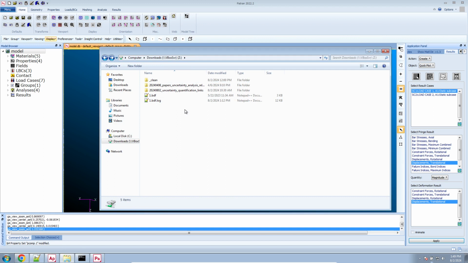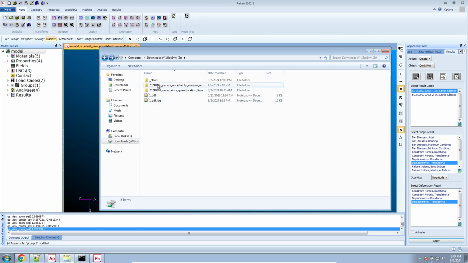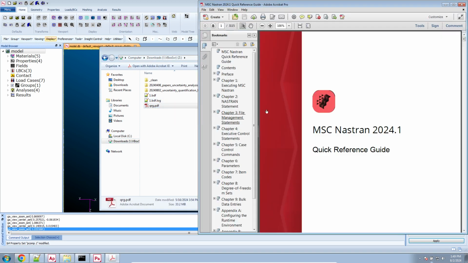You might want to look at your failure indices, but you need a few things for that. So let me go ahead and show you what I mean by this. What you want to do is look at the quick reference guide for MSC Nastran and then look for